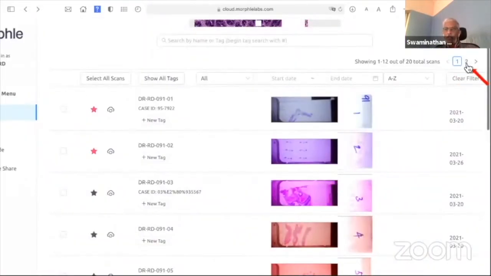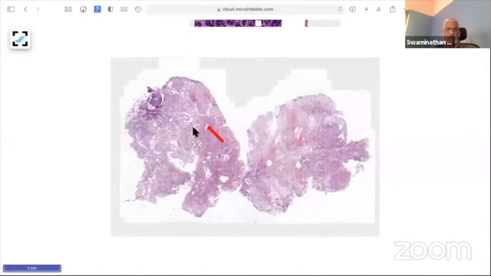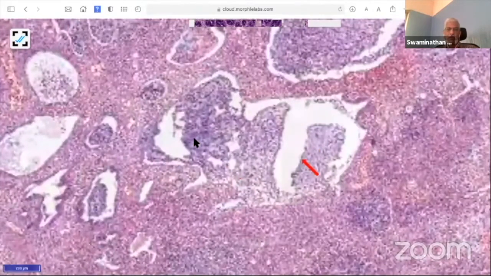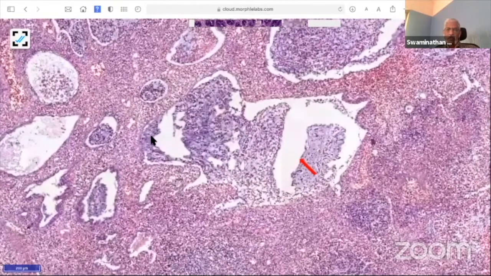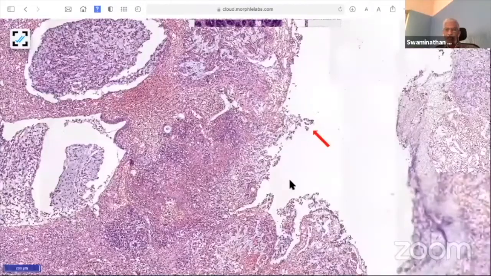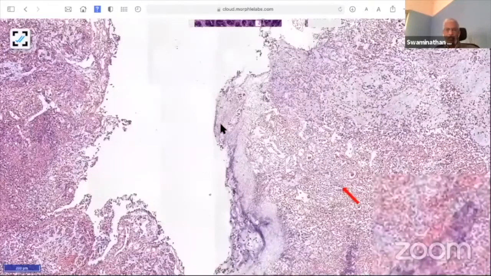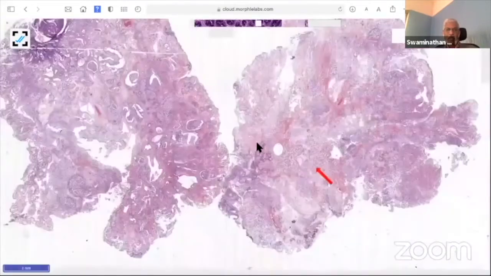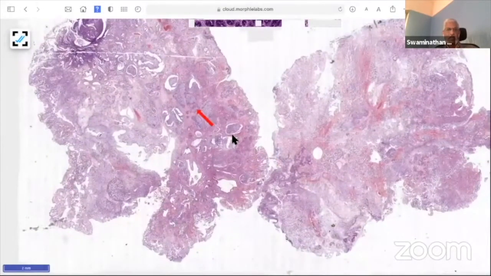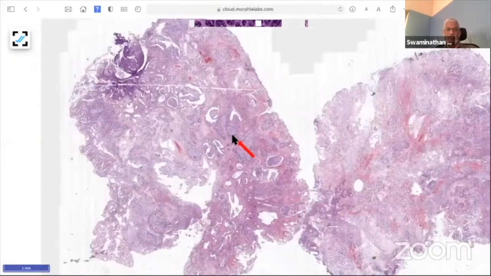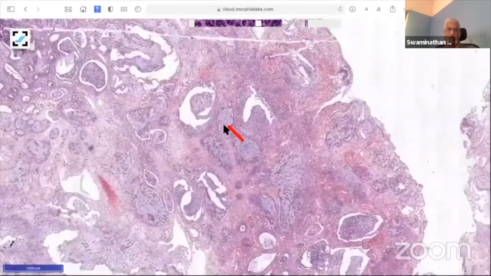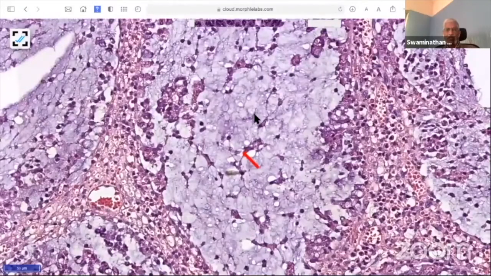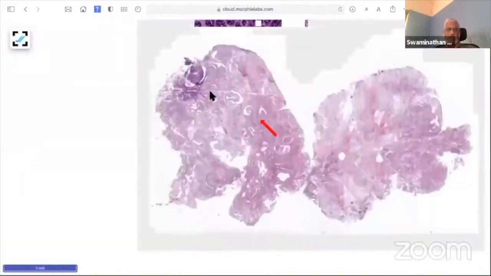Okay, slide number 13. So this is a polyp. You see irregularly dilated cystic spaces filled with mucin, and a lot of areas of hemorrhage. Whenever you see cystically dilated glands arranged parallel to each other, you have to think of juvenile polyp. What happened here is that the juvenile polyp has undergone torsion and infarction. That's why you don't see any surface or any structures lining these cystic spaces, and you see only mucin. If you go to the highest power, you can see disintegrated epithelial cells because of the torsion. So this is a juvenile polyp with infarct or